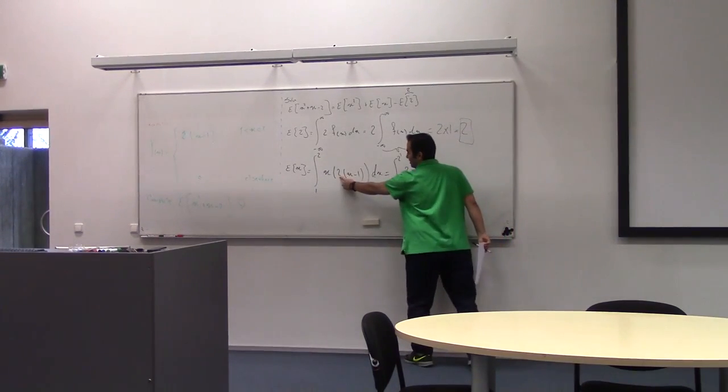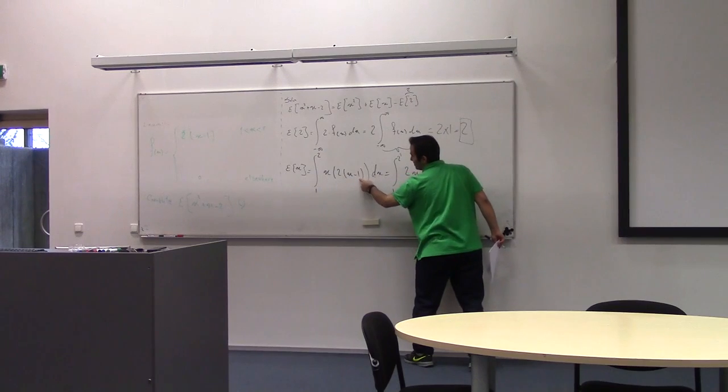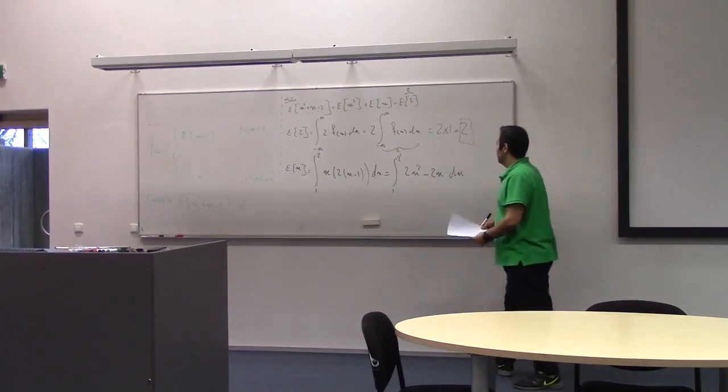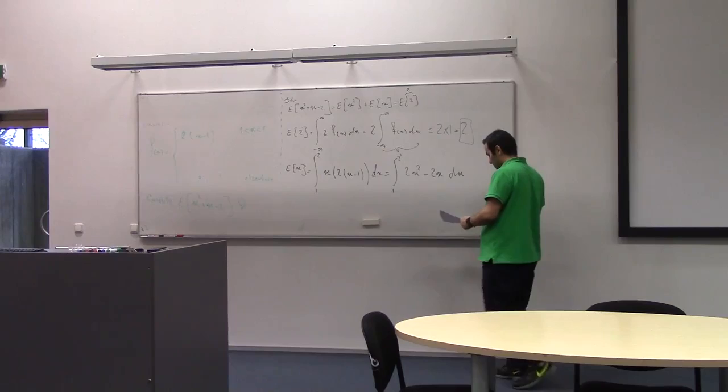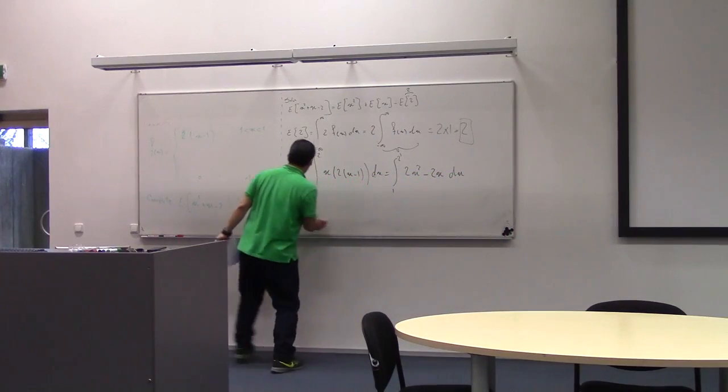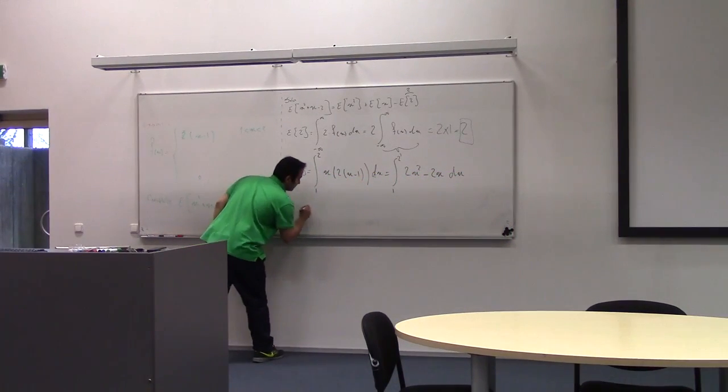We just multiply this by this and this, and multiply this by this and this. Minus 2x, then we can write,